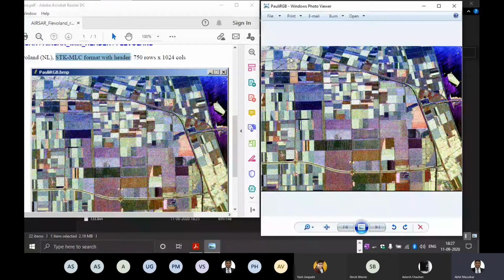So if you have extracted till this point, just put your poly RGBs in the chat box.